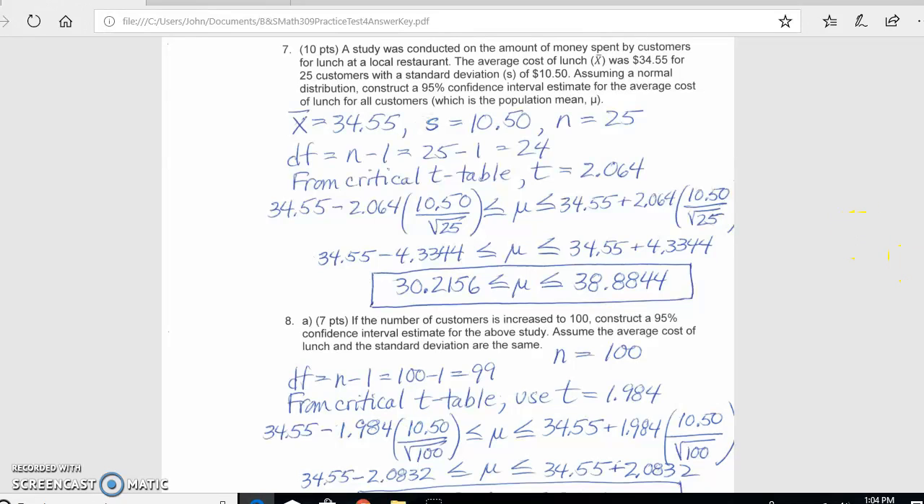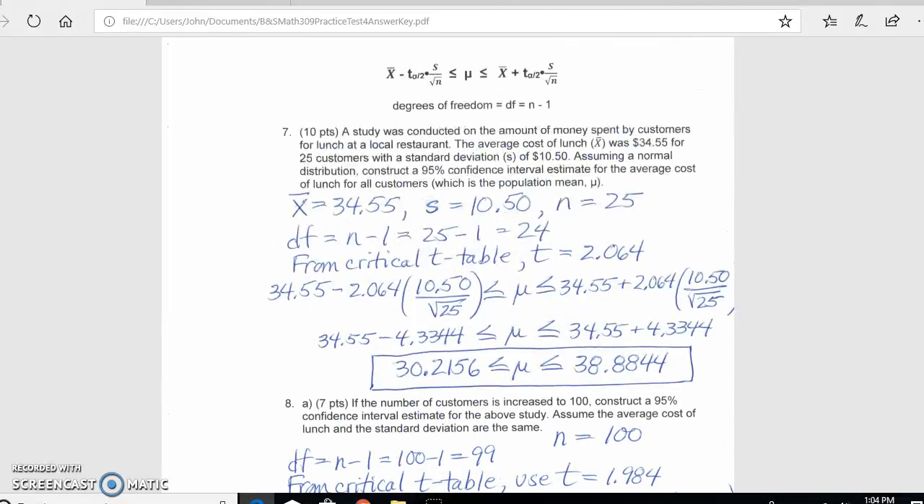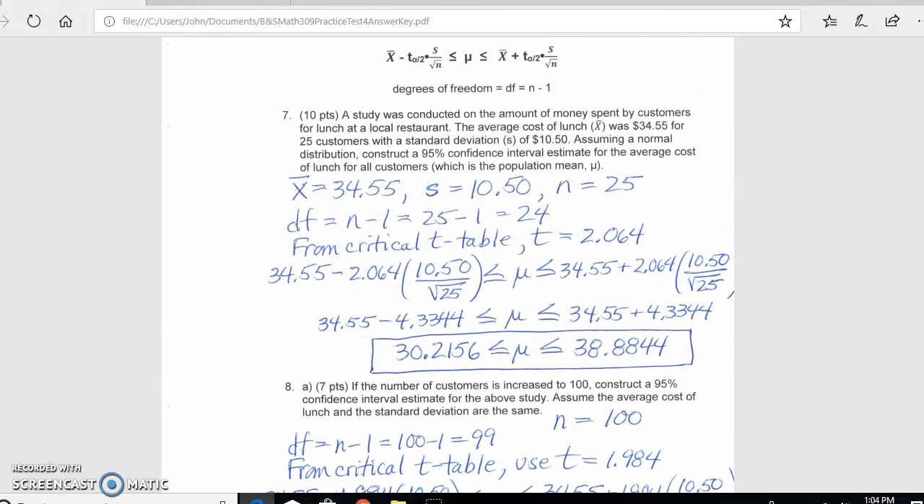This is practice test number 4, and we are working on number 8. Number 8 is really based on number 7, so I will read number 7 and then we can go to number 8. Number 7 said: a study was conducted on the amount of money spent by customers for lunch